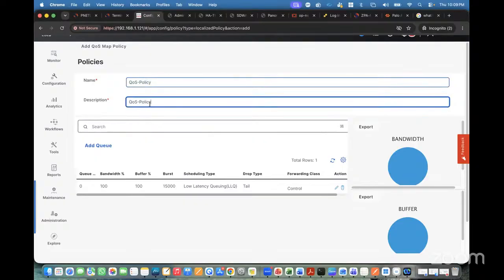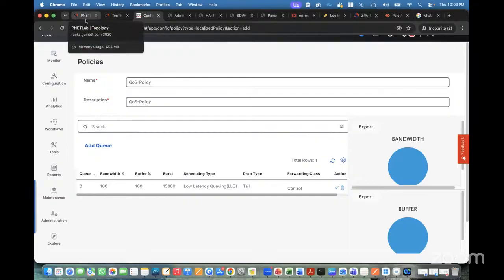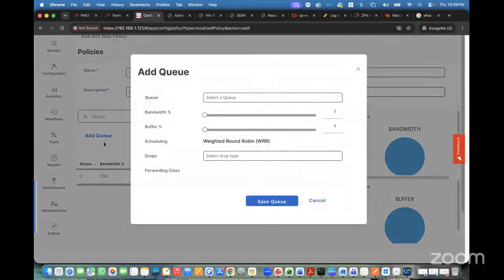I can give the name and see, by default all your bandwidth is in queue 0, 100%. But let's suppose I want to give some bandwidth for class 1. So in total I have 10 Mbps of bandwidth, and I want to allocate 2 Mbps